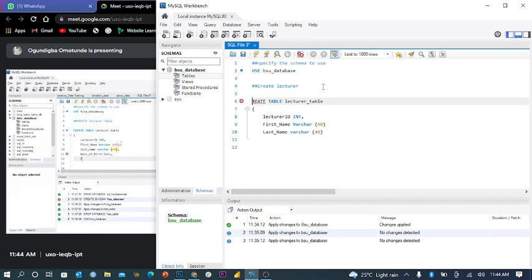Then you want to put the course that each lecturer is taking. Because characters shouldn't exceed, let's say, 20. Then we also want to put, let's say, phone number.